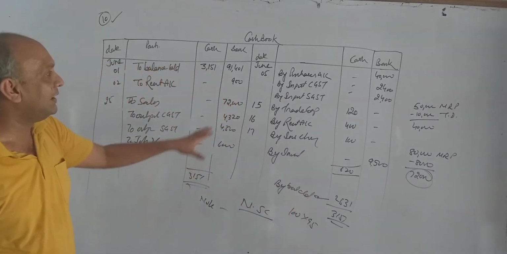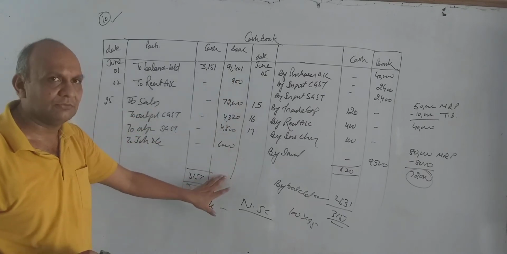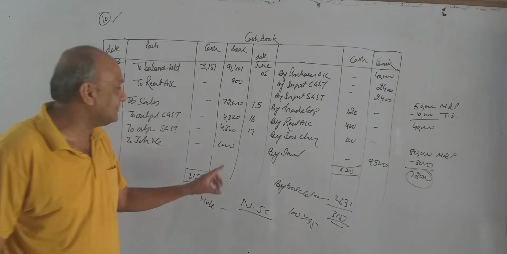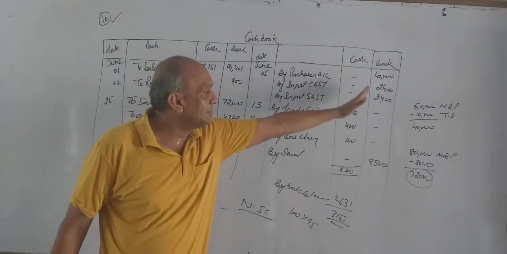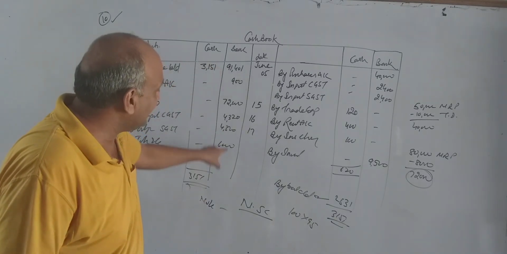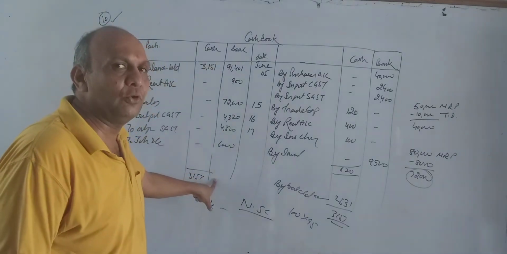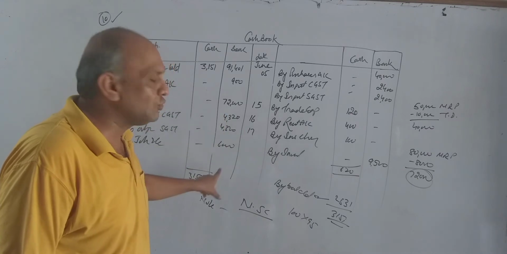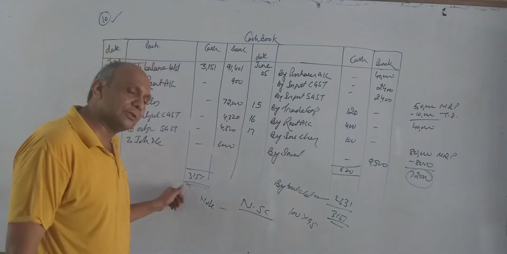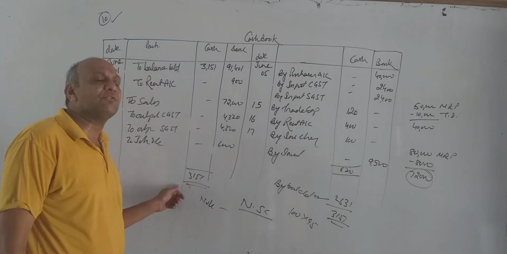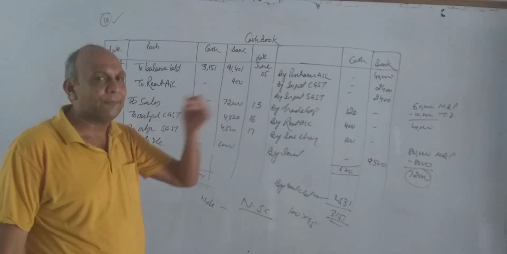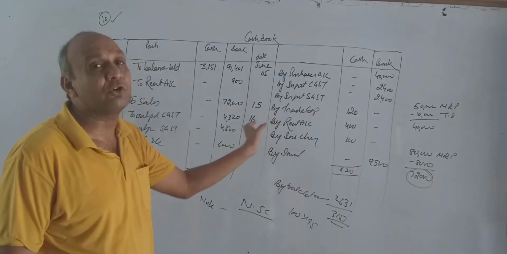And in the same way we are going to close our bank account. But before closing the bank account, just have a glance at the sum, whether the debit side is more or credit is more. By having a glance, you see the debit side is more. You will come to know easily. Directly we should not make the total of debit or credit. Cash, directly you can make the total of the debit side. You will never find the credit side more for cash. But bank sometimes may have the credit side more. That's why we must check before closing the account.